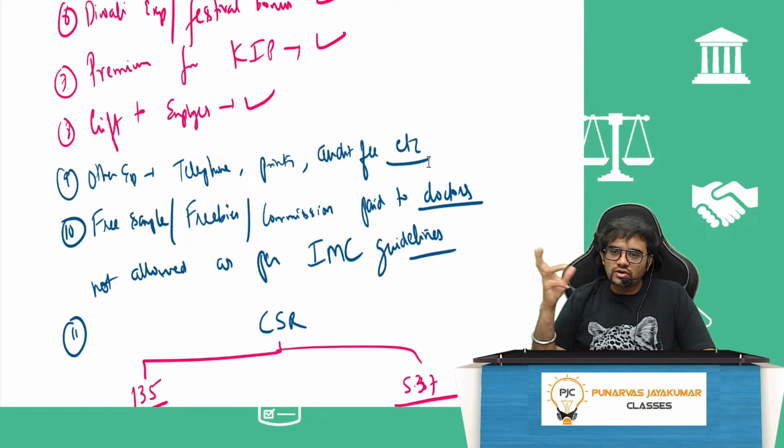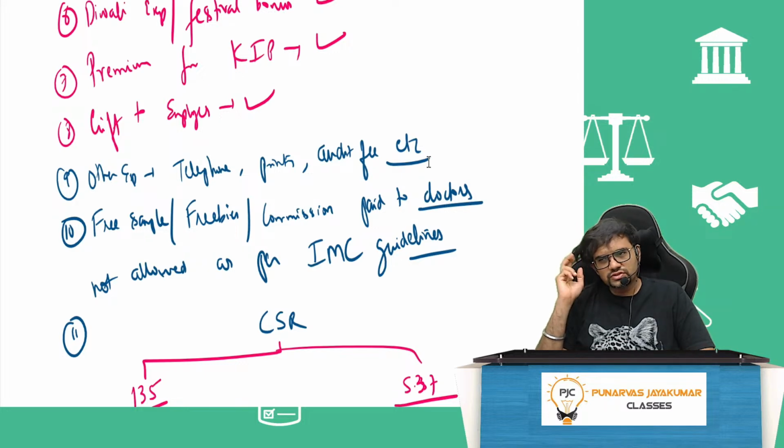But what about doctors? For doctors, these pharma companies used to send their agents and tell that doctor to give my tablet only, my company's tablet. Doctor will say, what will you give me then? Sir, whatever you want. I want to go for a foreign trip. Okay, sir, take it. I want 10,000 rupees cash for this. Take it. That is not allowed.